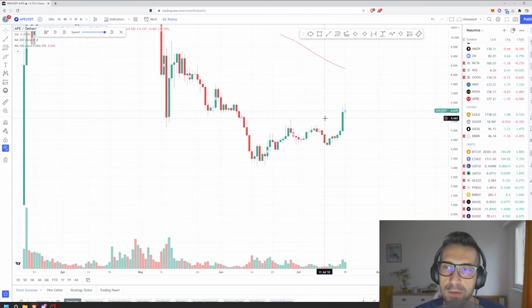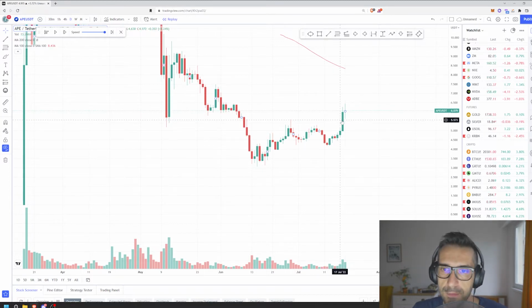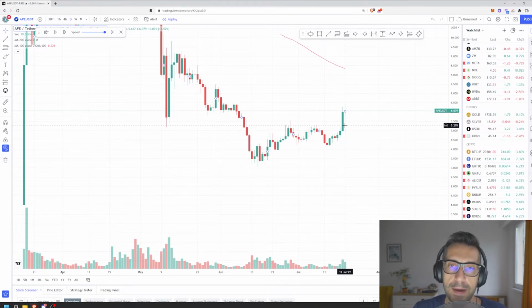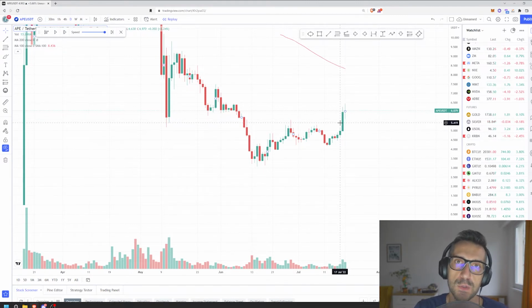I don't find TradingView alerts so reliable, so I personally use the Blockfolio app, which is actually part of FTX right now, and it's on my phone, and constantly I get notifications when a specific coin hits my targets, or if there's a major move on the market. So percentage wise, let's say if Ape jumps like 5 or 10% within an hour, I will be notified about this. So this is the first way that you can automatically receive notifications when it's time for a breakout trade,